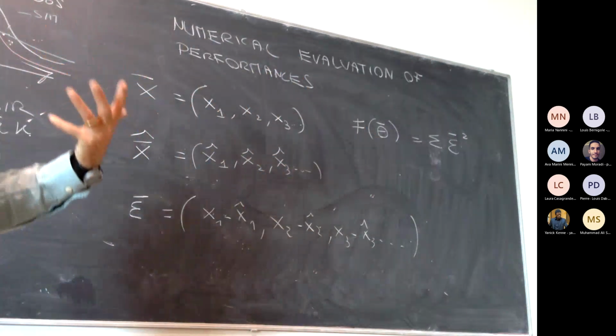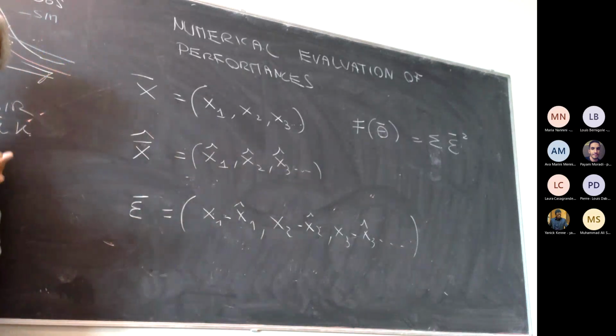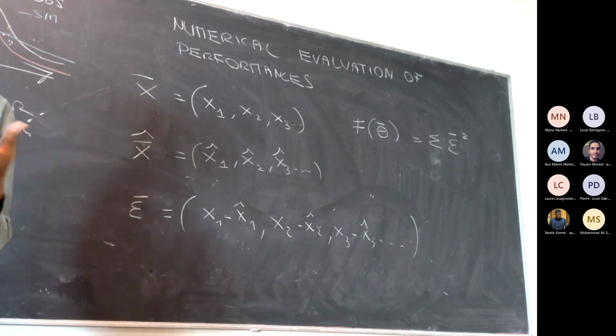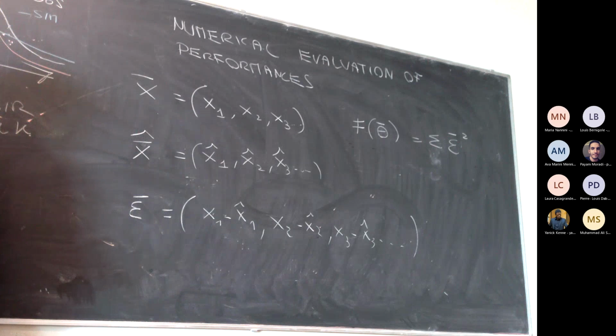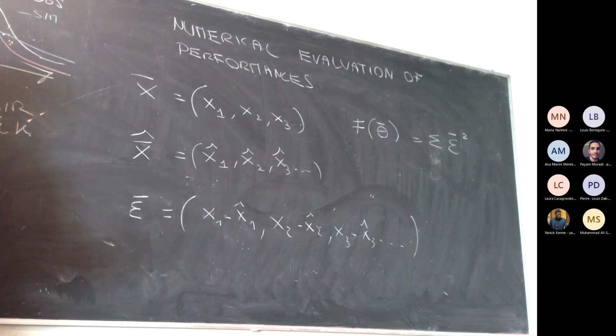This was an idea. And you may ask me, why the squares? Because I don't want negative and positive errors to compensate. This is a very trivial answer. I take the squares because I don't want errors with different signs to compensate each other. This is a first explanation. Actually, there is a